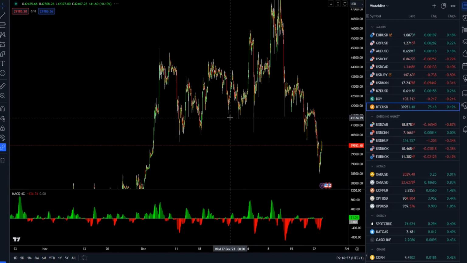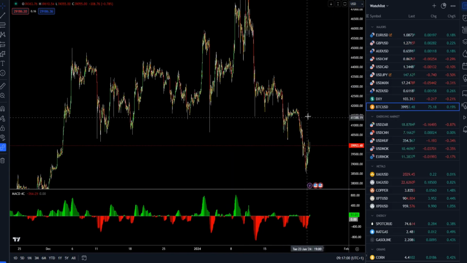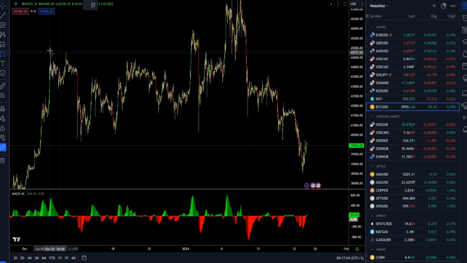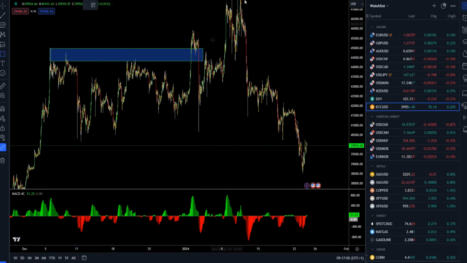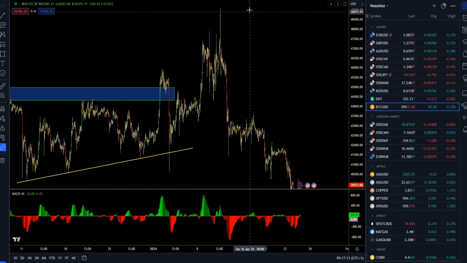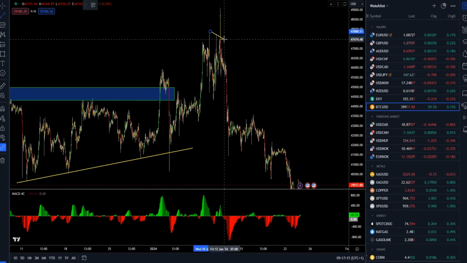Now speaking of Bitcoin versus US dollar, the market is building lower highs and lower lows. This is still the hourly time frame, and I spoke about this, the fake breakouts from the resistances. There are probably lots of buyers who got trapped around Bitcoin in this area and this area. There was another fake breakout at this point,